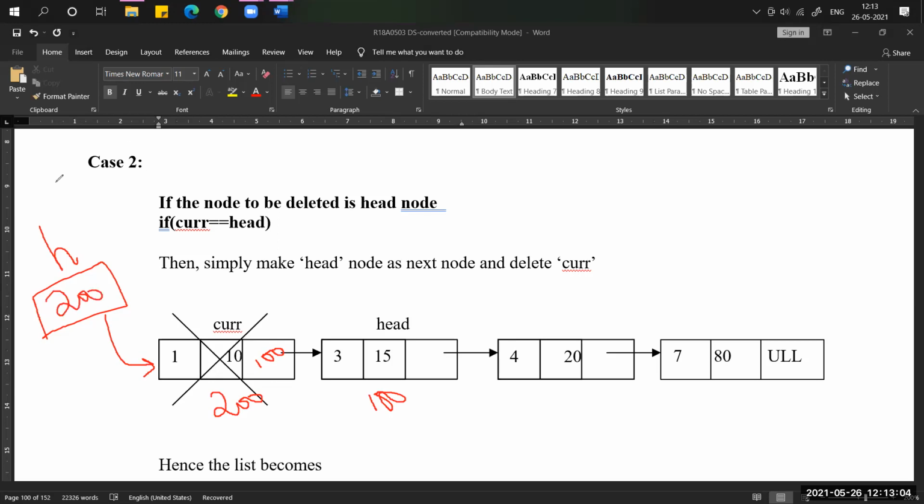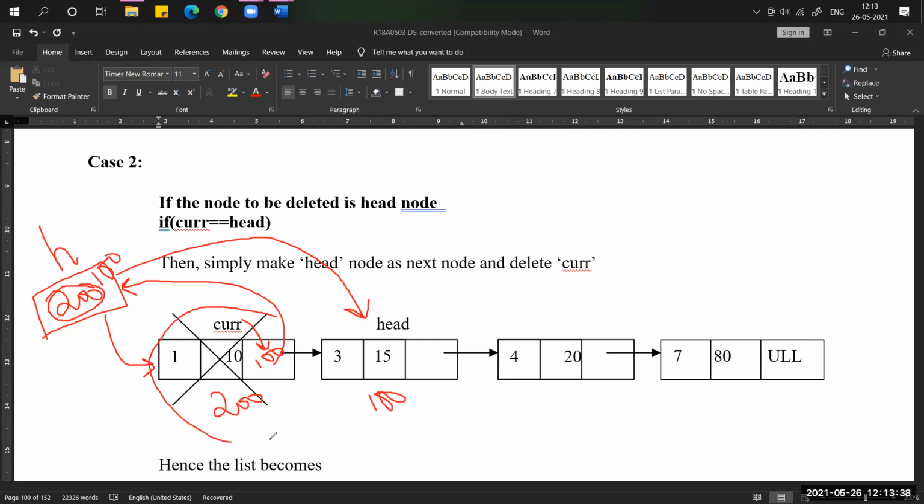Now what is case 2 in a deletion operation? If I want to delete the starting node, the 200 node will be deleted, and then there is no 200 address. That's why current's next link field, which holds 100, should be stored in head, so that head points to the next node in the given list.